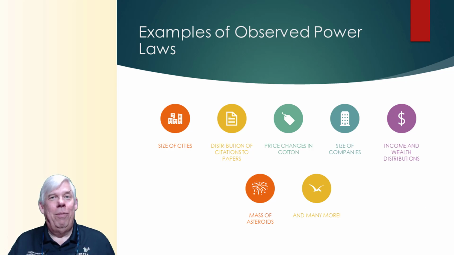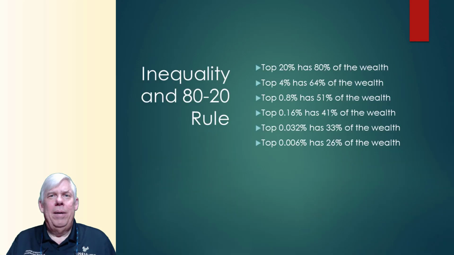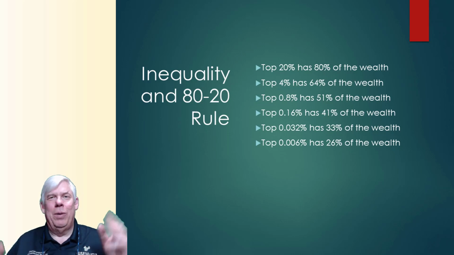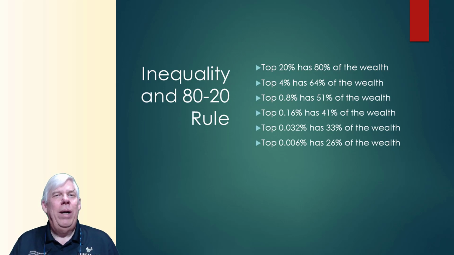But the point is, when you're operating in complex environments, you need to be aware that standard statistical techniques and assumptions like normality may not apply in some cases, and you've always got to be attuned to these potential power law distributions. Now, I just mentioned the 80-20 rule, and that's something that business people are frequently taught. 80% of the work gets done by 20% of the people. 80% of your problems come from 20% of the people. All these types of pithy rules. But the actual 80-20 rule is a power law.